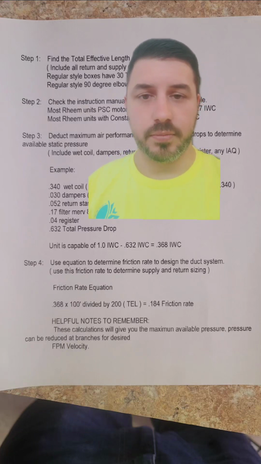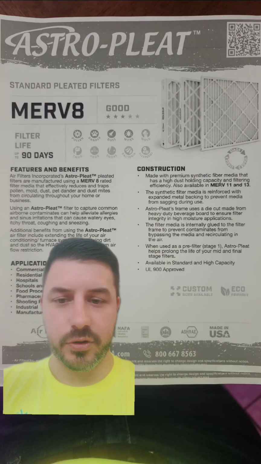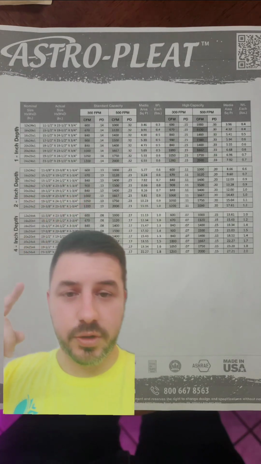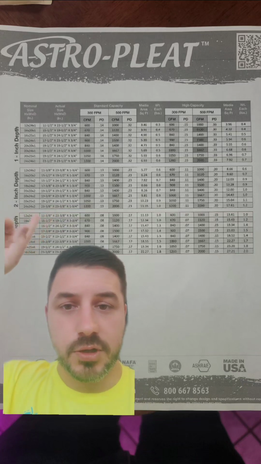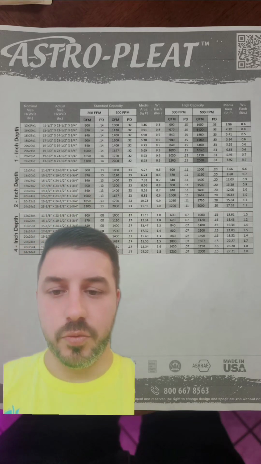Return, supply, everything. This is Astropleat's filter. This goes over all the pressure drop of that filter at different rates. Here's the actual data right here. You can size it appropriately for your feet per minute. The reason I'm showing you this is because if you see, most filters are designed to operate at 300 feet per minute or 500. When you're sizing your return, I'm going to give you the maximum that you can do. These are what is recommended. So you can actually go smaller, but I'm showing you the maximum